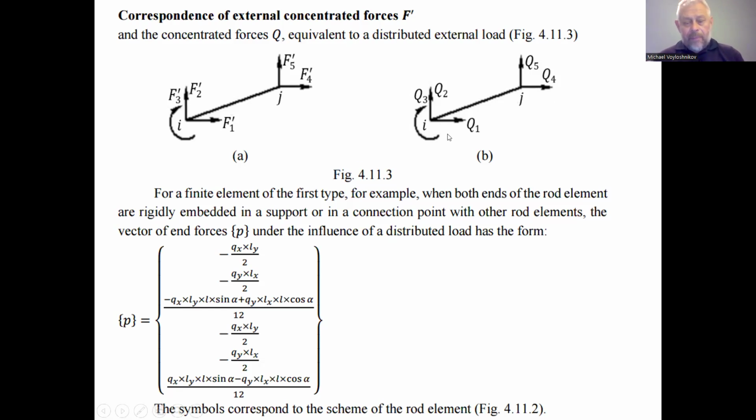But we have to reduce the distributed load to the forces applied to the beginning and to the end, to the first and to the second end of the second node. And we have 5. 1, 2, 3. 3 is a bending moment, it is not a force. 4 and 5. The efforts caused by the action of the distributed loads on 4 elements of the mechanical system. So we have 4 elements of the mechanical system, and